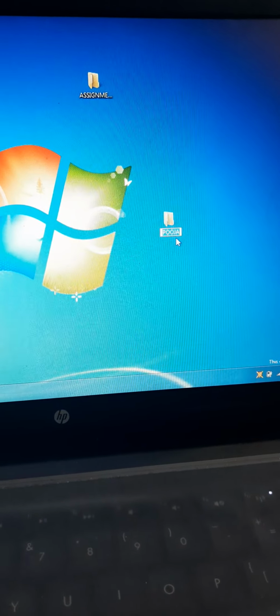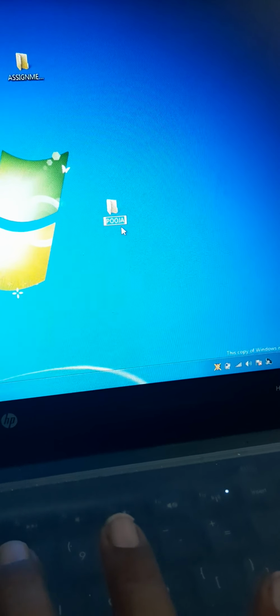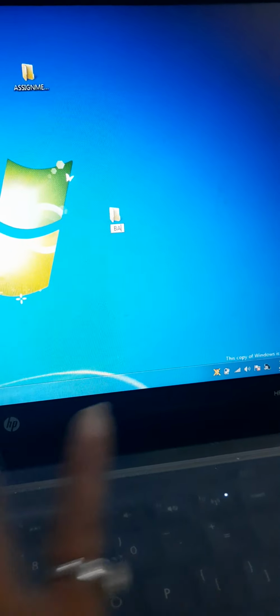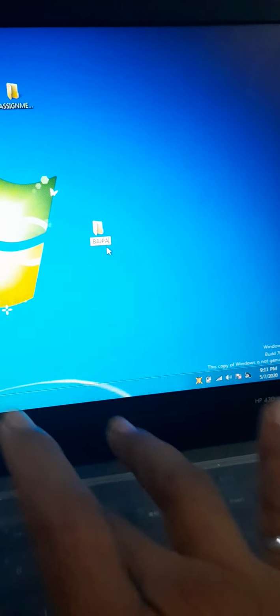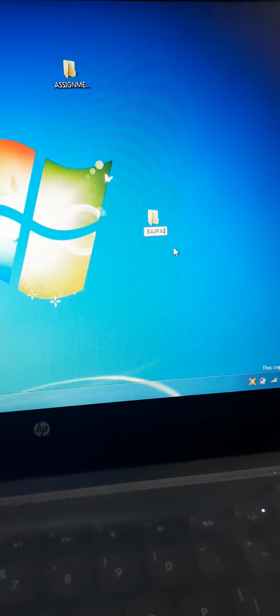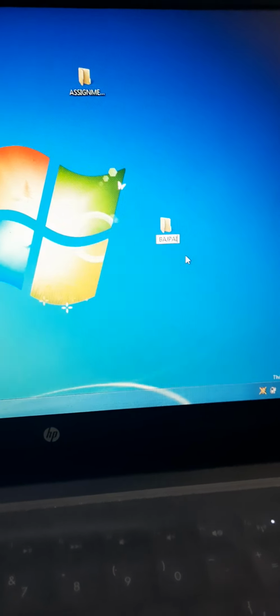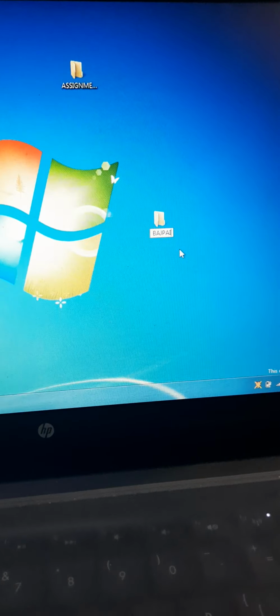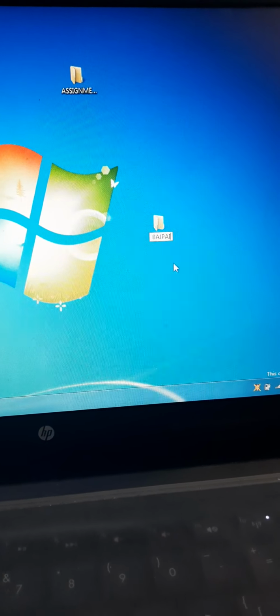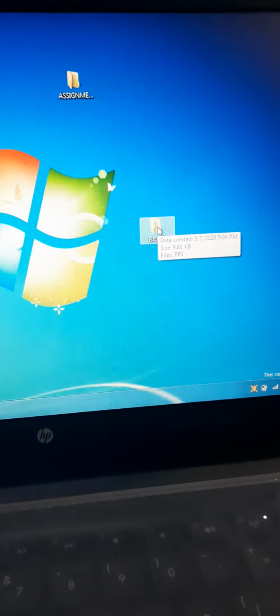Now here again the blue line is appearing and you will rename it as, suppose I am renaming it as Bajpai, BAJPAI, okay. I have not deleted the text which was present there, that is Puja. When you start writing, it will automatically overwrite. So now I have renamed my folder as Bajpai, okay.